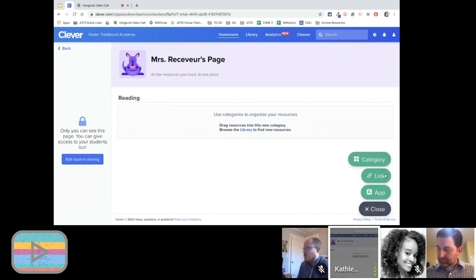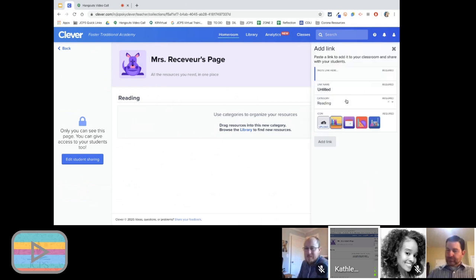And the first thing I want to add is a link. I have a teacher website that has a lot of resources in it, but my link to get to that website is super long, or if you're like me, it's my last name and it's spelled really crazy. I can add that link. You can right click and paste it, or Command V and paste it, or Control V and paste your link here. I can give it a name for my 2nd graders,